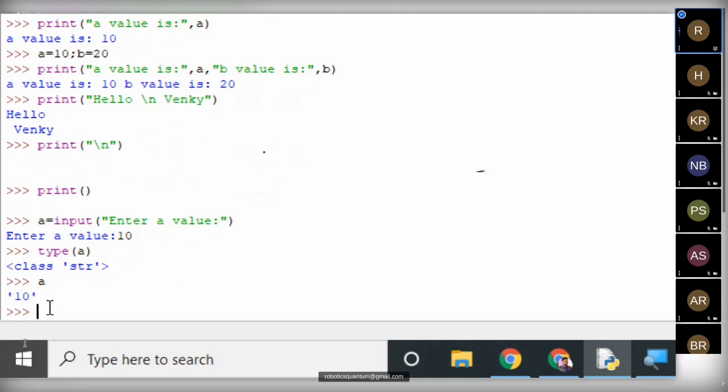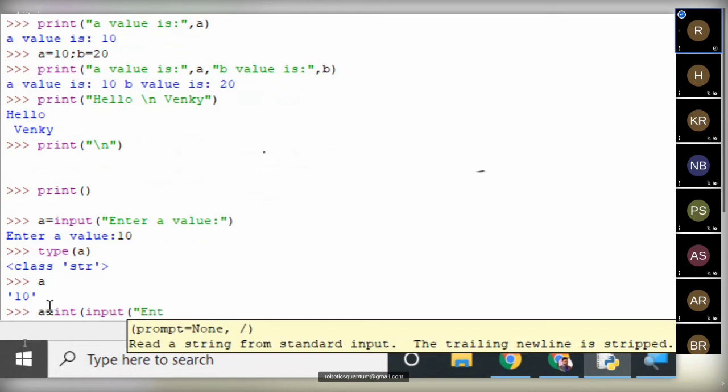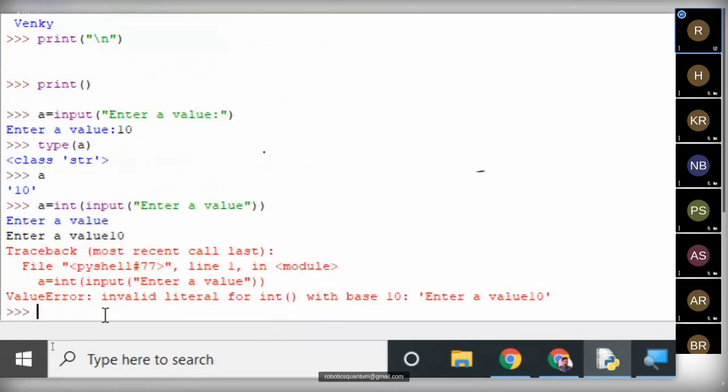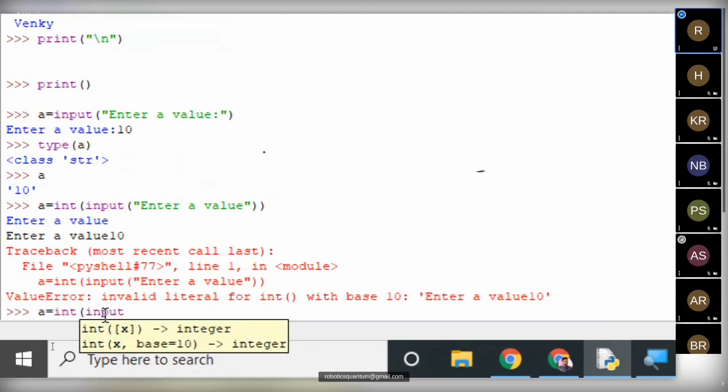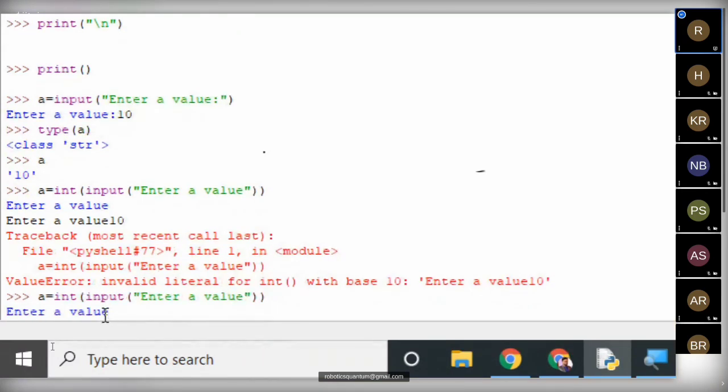If you want to take it as an integer, a equal to int of input of "enter a value", typecasting must be done. Now it takes that value 10. The value of a is 10.